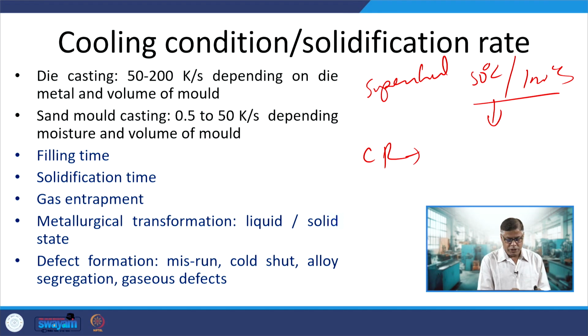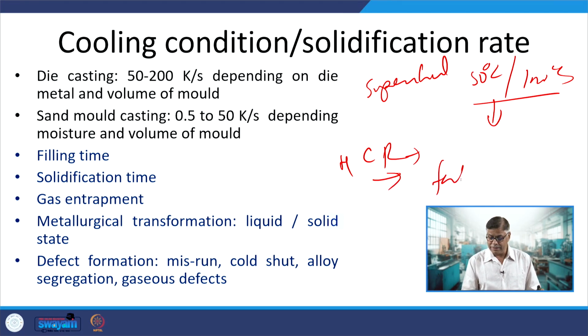And if the cooling rate is very high, then heat will be extracted very rapidly, and higher cooling rate will be leading to the faster reduction in temperature. Fast, and that in turn will be increasing the surface tension and viscosity, that in turn will be